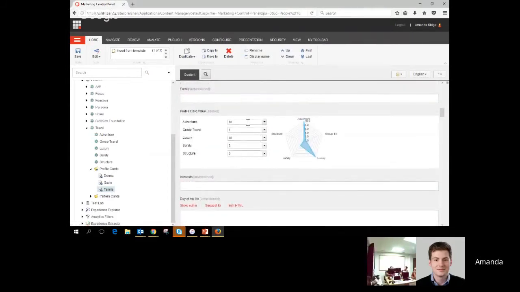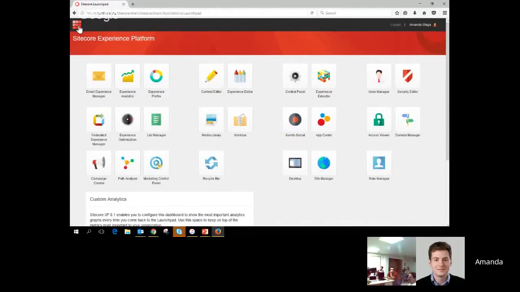I gave her 1 to 10 values on each of these profiles here. So she's very strong on, she wants luxury, for example, and adventure. She's very strong on those. She doesn't want any structure, so that gets a 0. So this is one approach to doing it, one of many. This is where we actually have a radar graph where we show this kind of thing. So once I've set that up in here, then I just go over to my